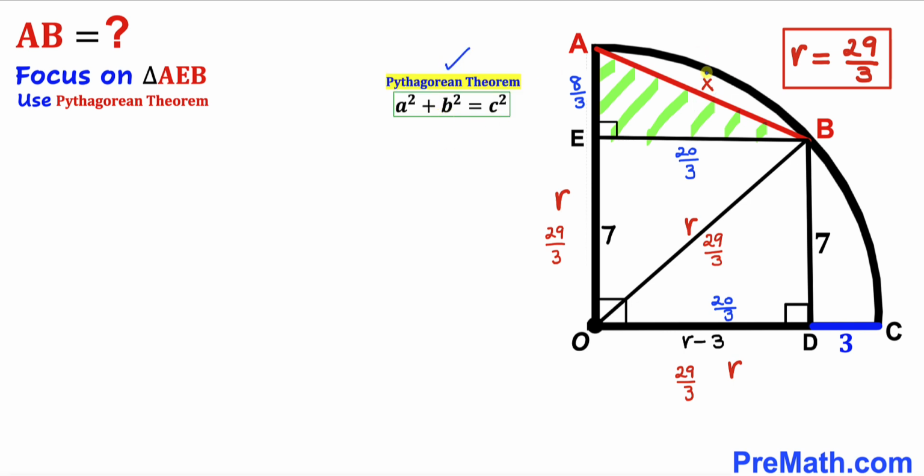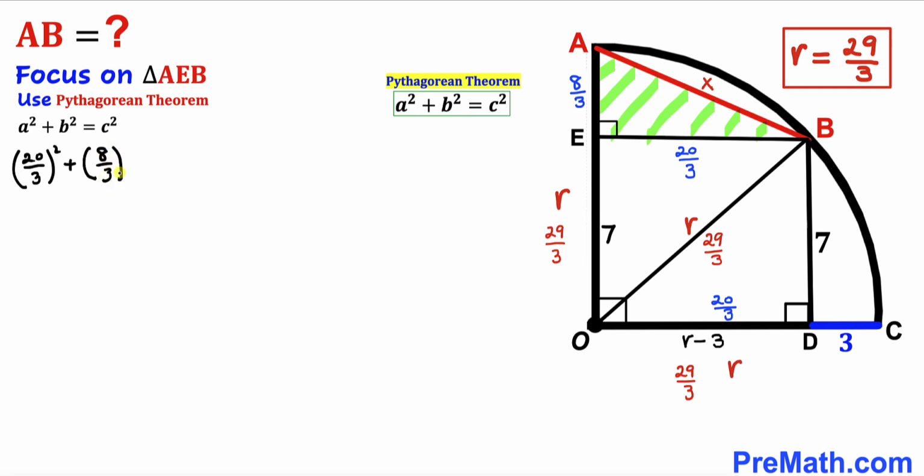And in our case, our hypotenuse is x, whereas our two other legs are 20 divided by 3 and 8 divided by 3. Let's go ahead and fill in the blanks in this Pythagorean formula. So we can write 20 divided by 3 whole square plus likewise 8 divided by 3 whole square equal to